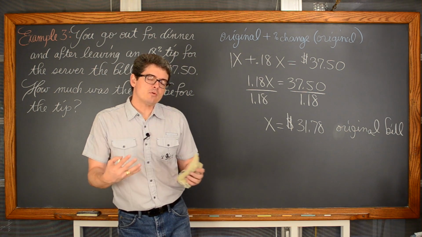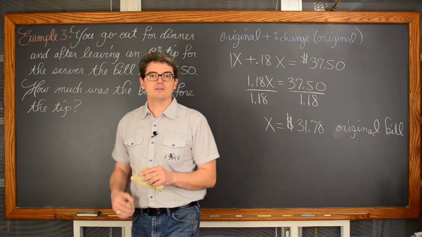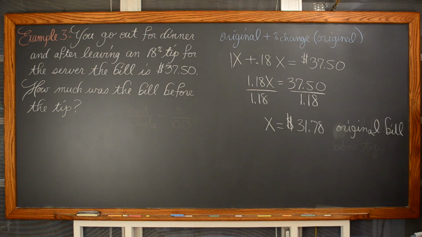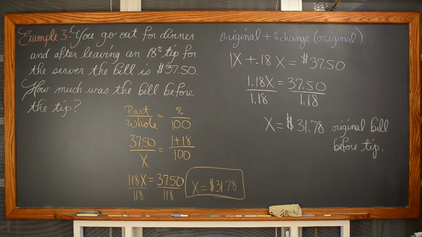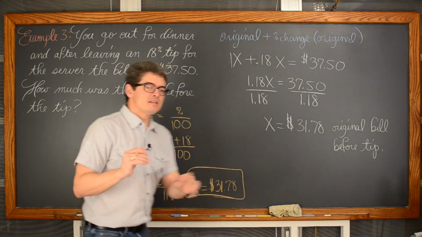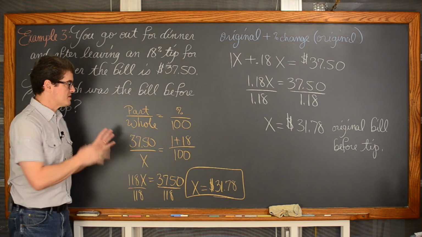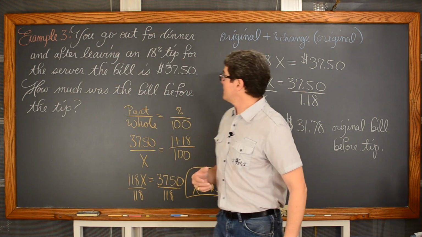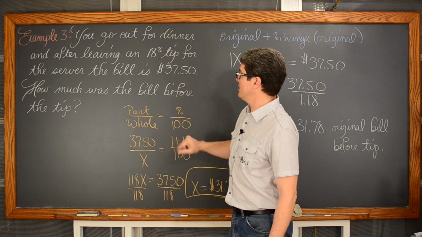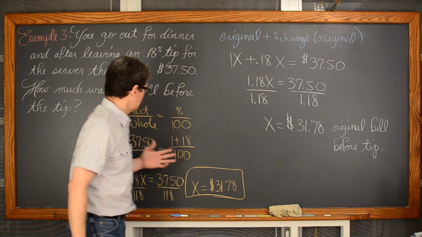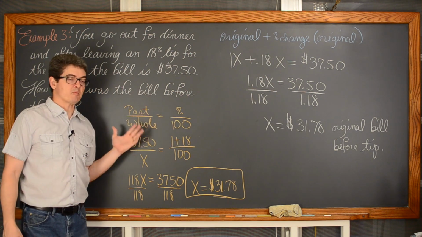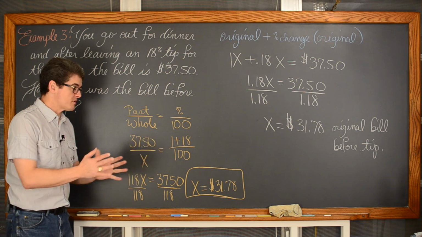How can you do this problem with the cross multiplication design again? Let's see that before we finish the video. Now honestly, I probably would not work out the problem this way. This is the only type of question where you're given, again, that final value and you're looking for the original price before the percent of change. These are the only ones I really don't like working with this cross multiplication or equal proportion type idea, but I just wanted to give you the look since I did with all the other ones.